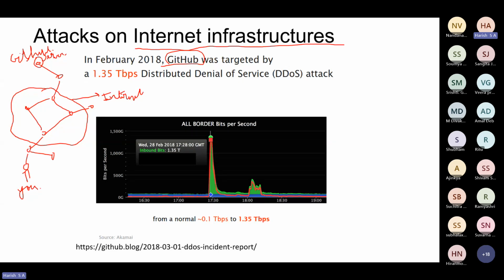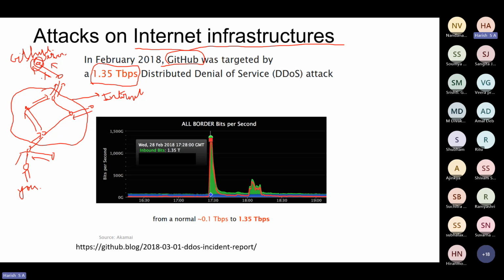So what happened to GitHub was it was targeted by a 1.35 Tbps distributed denial of service attack. That is 1.35 terabits per second. Correct? So many packets were being sent to GitHub, originating from multiple places, and all went to the same destination.